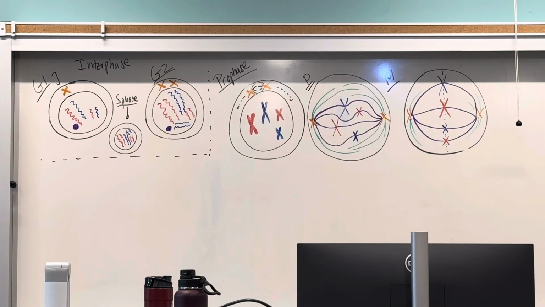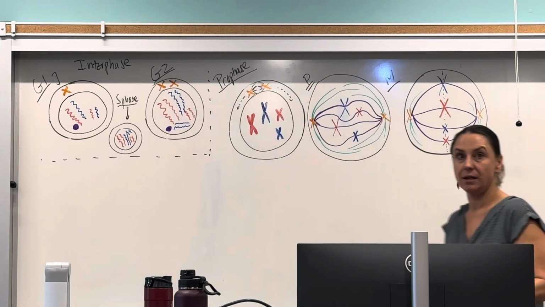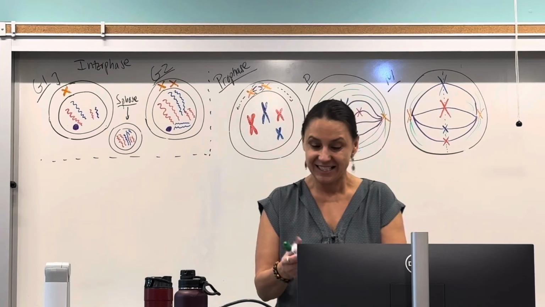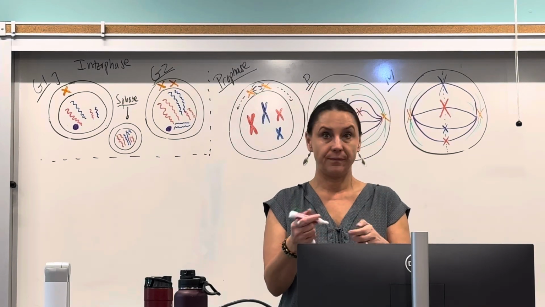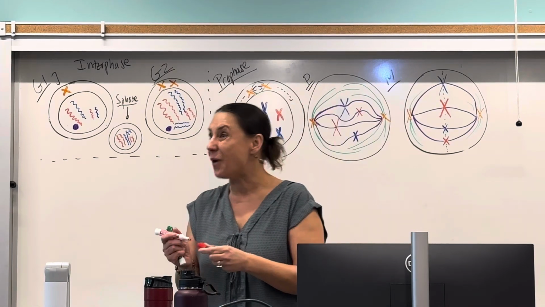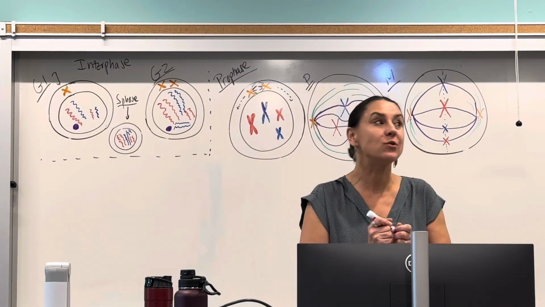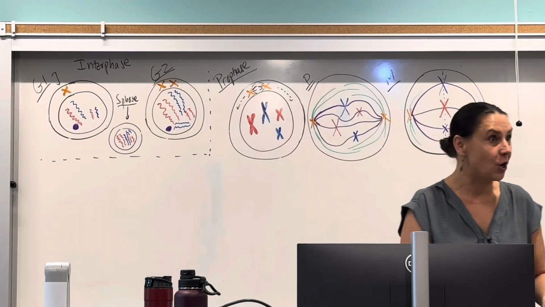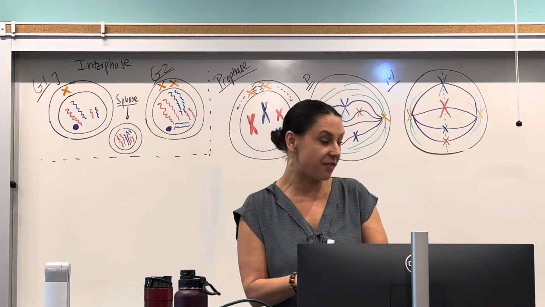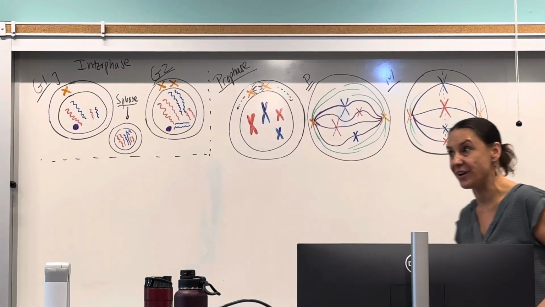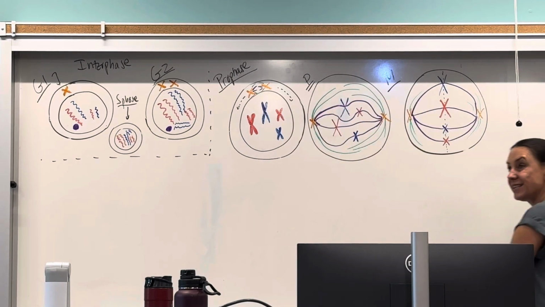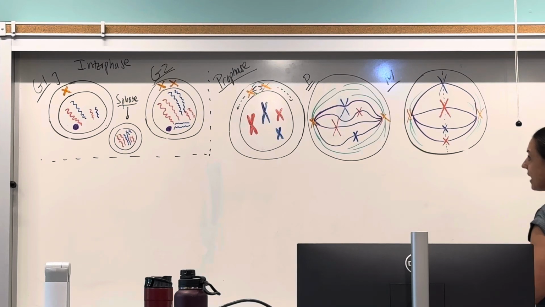Does anybody remember what happens next from anatomy? Anaphase. And what does the A stand for? Right, apart and away. The sister chromatids are first split apart from one another into individual chromosomes, and those individual chromosomes are then pulled away from one another. To where? To opposite poles of the cell. Okay, so in anaphase,